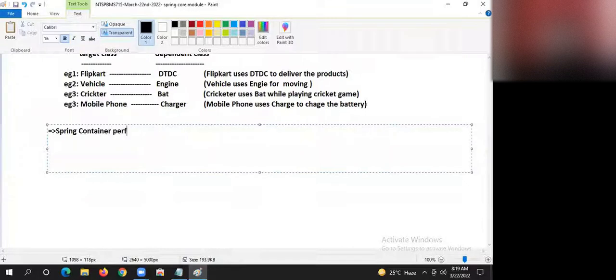Spring container performs dependency management on Spring Beans.